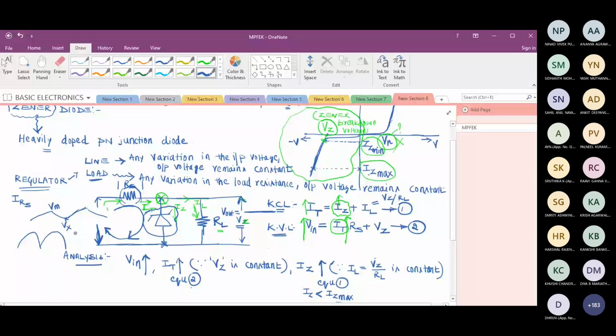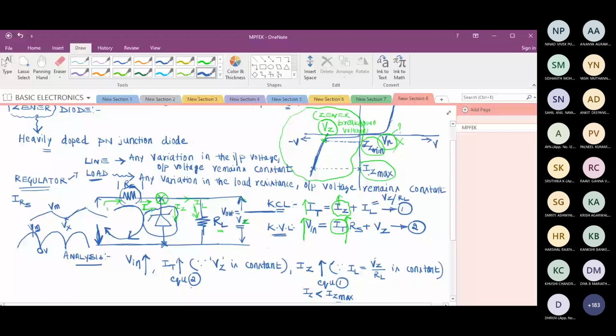Because the minimum will make the maximum current go lower than the minimum current. When the input goes to peak Vm, the Zener diode will be conducting. I am going to get Vz, provided I keep this Iz below Iz max. But when the voltage drops, will it drop to 0 volt? Yes, sir. When it drops to 0 volt, will the Zener current be less than Iz minima?